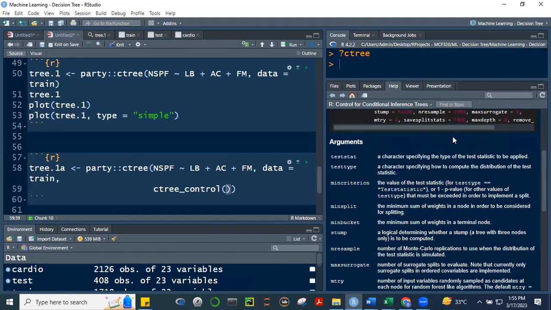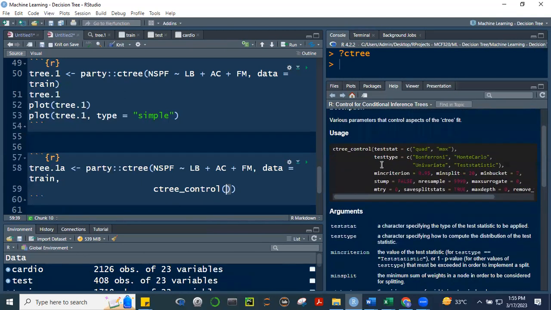Hirap. Anyway, sulat na lang natin. What are the controls that we can put? Meron tayong test stat, meron tayong test type, tapos meron tayong minimum criterion, kaya ang default 95%. And then, meron tayong minimum split. Kailan yung minimum split means yung minimum value na pwede mag-split yung tree natin